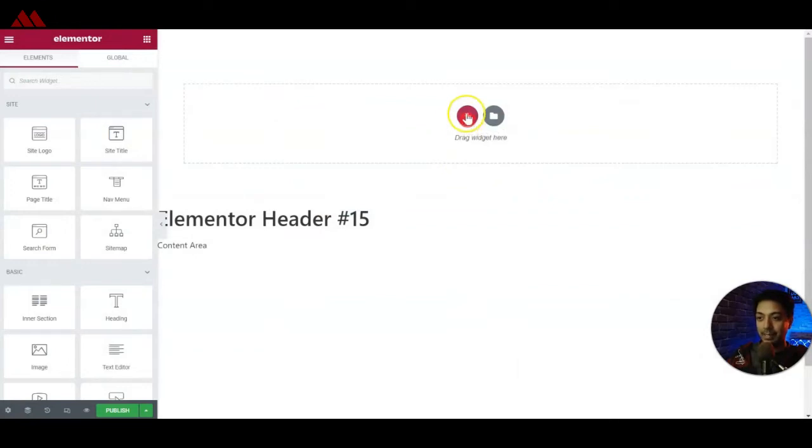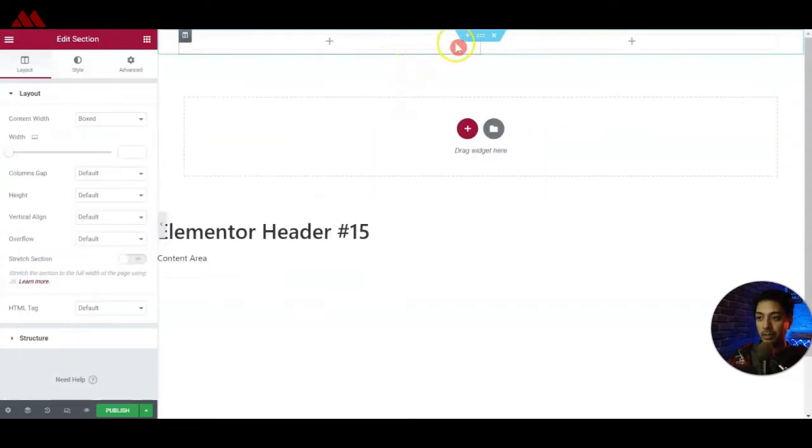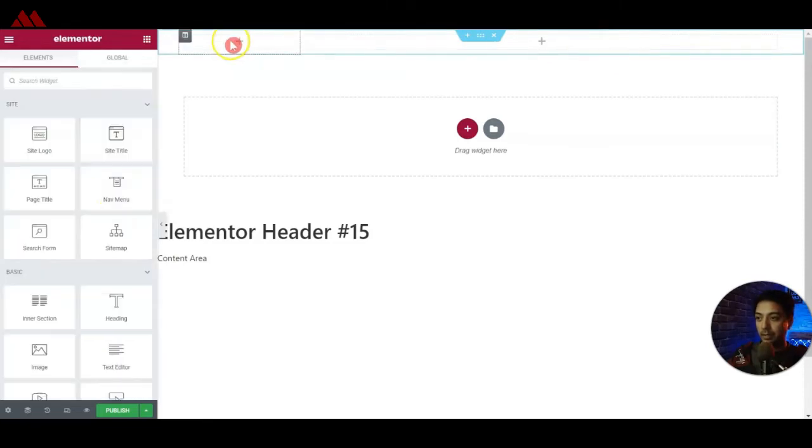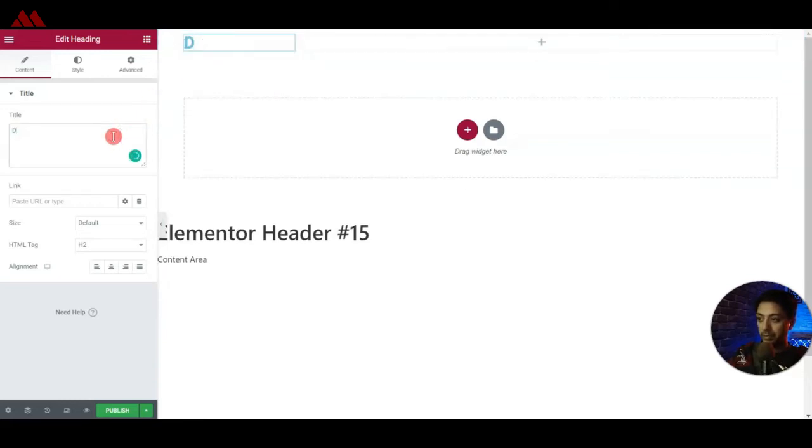So right now we will click on this plus icon and we will choose a 2-column layout. So we click on this, and now on the left hand side we will reduce the size of this section, or I should say this column. And here in this left column we will add a heading. We are just going to use a very simple text, and we will just type in D or whatever your first letter of your name. So right now we just type in D